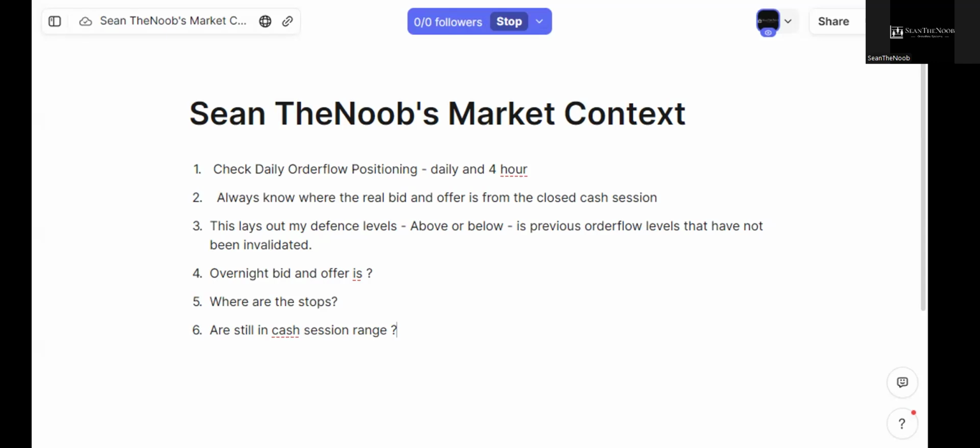But there's some lower levels, two levels that have interest to me. So we'll follow that up tomorrow and kind of see what happens. I don't trade news, right? I just observe it and then use that information here to talk to my team at 9 a.m. What else? Cash session range, where are the stops, overnight bid and offer, intraday cash session information. That's pretty much the bulk of what I do